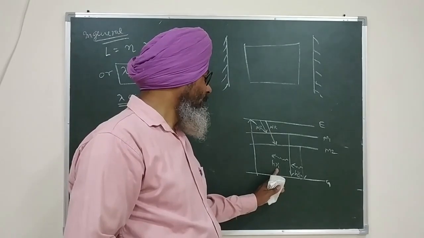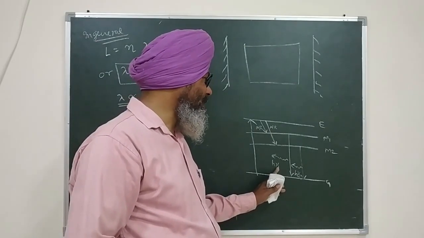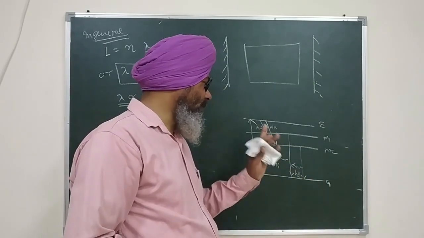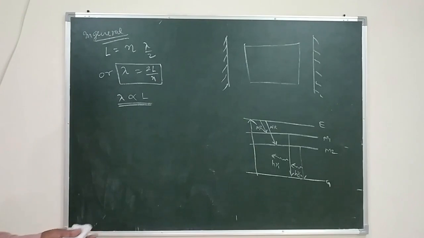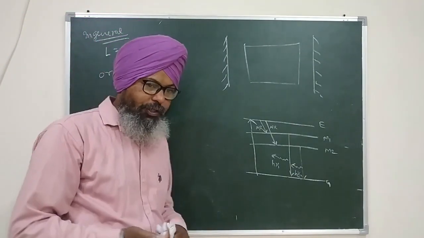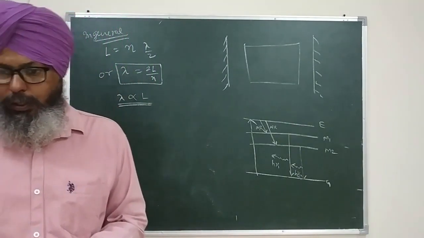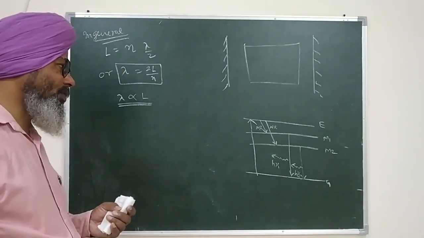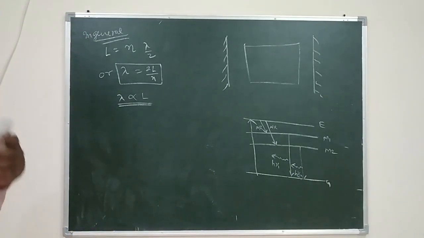h nu 1 will be the energy, or nu 1 will be the frequency due to M1 to G transition, and nu 2 will be the frequency due to M2 to G transition. And as a result, the light that comes out of the mirror will actually not be monochromatic, since a laser, according to definition, produces directional, monochromatic and coherent light. Therefore, because of such a tedious situation, the output frequency of the laser light will not be monochromatic.